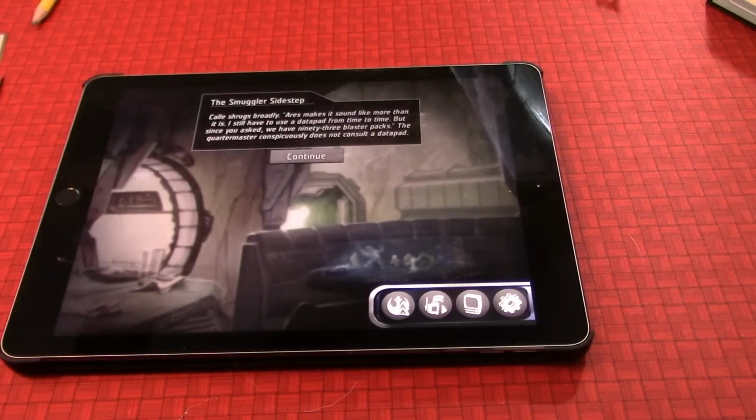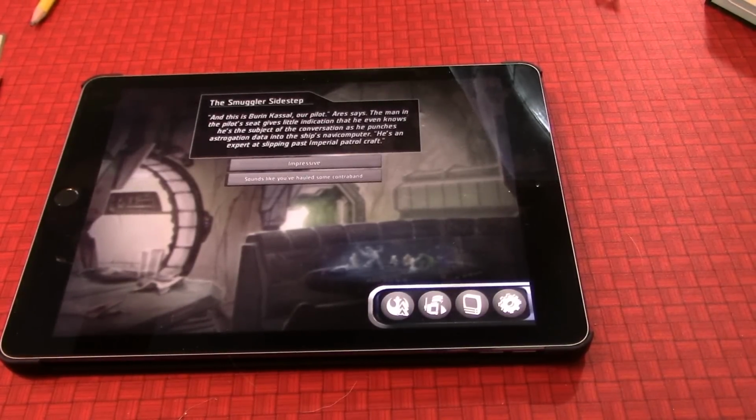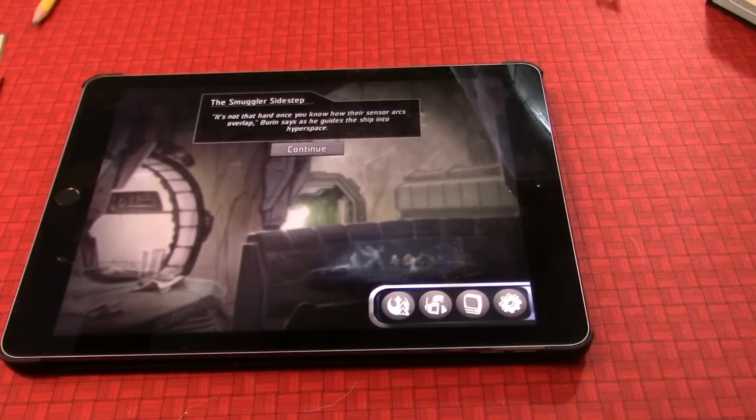Let's ask that. Okay, Callie shrugs broadly. Ares makes it sound like more than it is. I still have to use a data pad from time to time, but since you asked, we have 93 blaster packs. The quartermaster conspicuously does not consult a data pad. And this is Burren Castle, our pilot, Ares says. The man in the pilot seat gives little indication that he even knows he's the subject of the conversation as he punches astrogation data into the ship's navicomputer. He's an expert at slipping past Imperial patrol craft. Impressive. It's not that hard once you know their sensor arcs overlap, Burren says as he guides the ship into